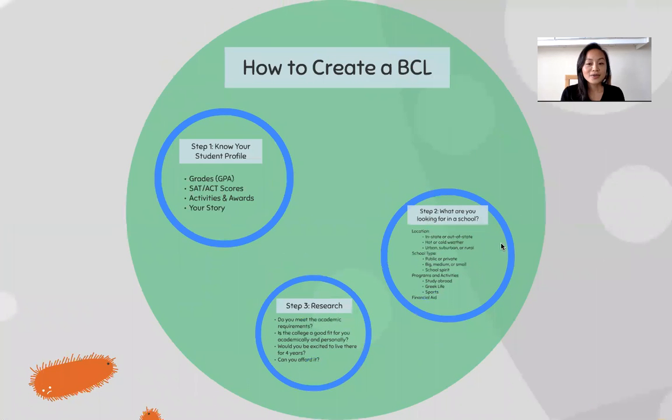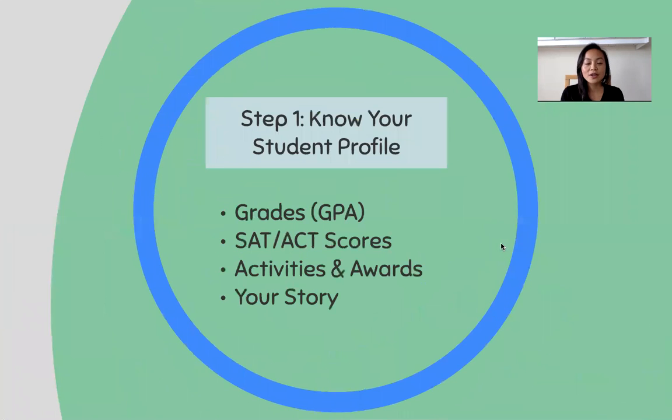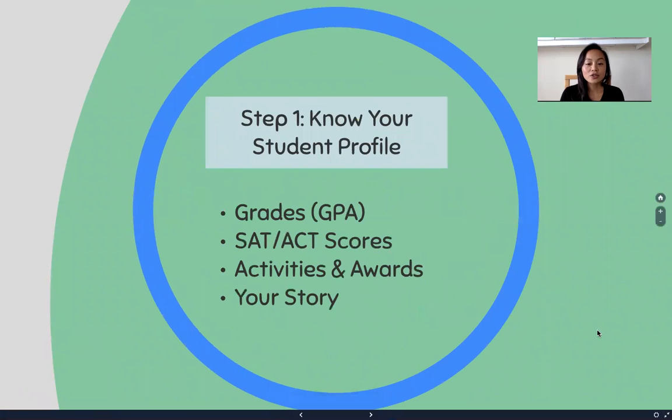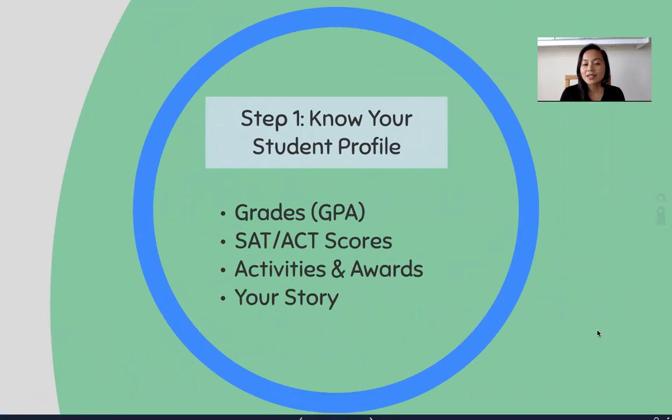So how do you create a balanced college list? There's about 3 things that you have to do. The first thing is you should know your student profile. So what does that consist of? It consists of your grades. What that means is not only your grades and GPA, but, depending on the college you're attending,